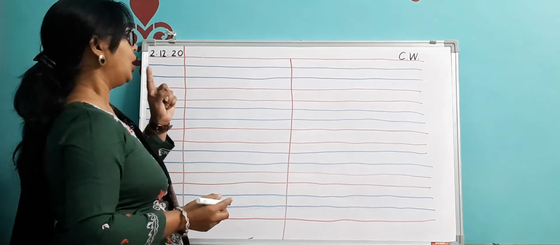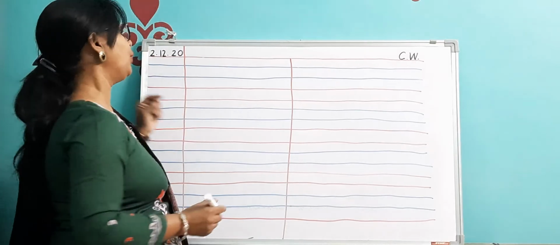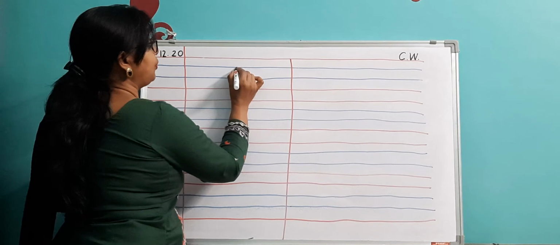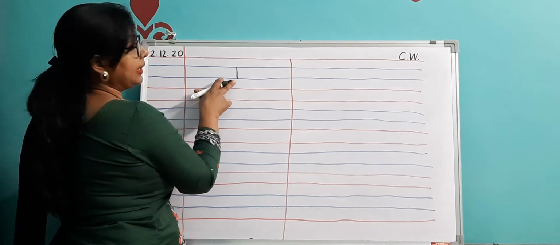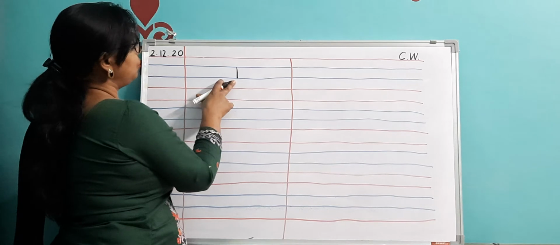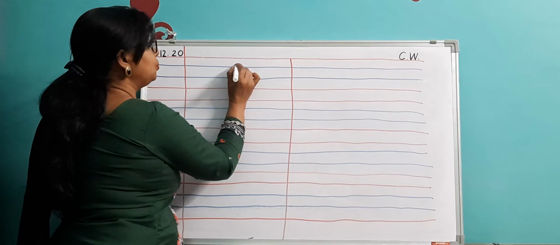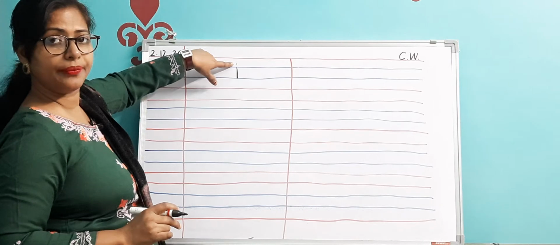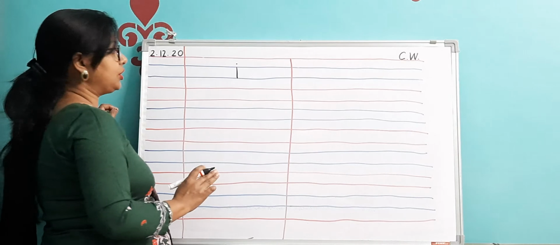Okay, so most of your small alphabets you start from the second line. So we will also start from the second line. Leave the first line, and then you start from the second line. You have to draw a standing line like this till the third line. Second line and third line, you have to write within these 2 lines. Right, children? So you draw a standing line, and then you put a dot over here. Okay, so now this has become small i. What is this now? Small i.